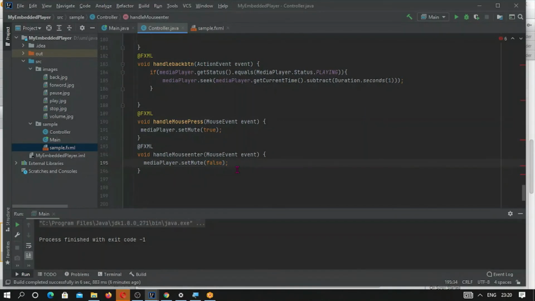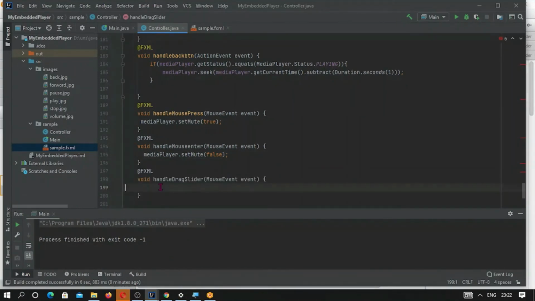The slider needs to be bound. Suppose we want to press here and there on the slider thumb, in that case the media player needs to be forwarded and backward. So if we want to drag the thumb to a certain position, we first evaluate the new duration, and then we seek the media player to that particular duration.